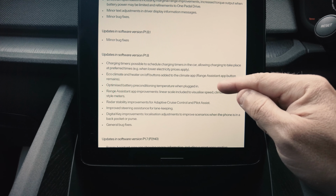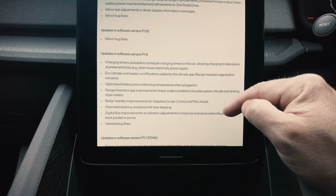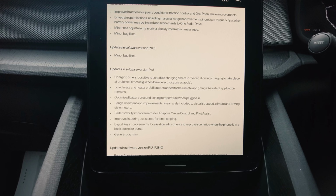Optimized battery precondition temperature when plugged in. Range assistant app improvements. Radar stability improvements for adaptive cruise. Improved steering assistance for lane keeping. Digital key improvements. So these are all great things that they release, and this eco climate thing is quite good,